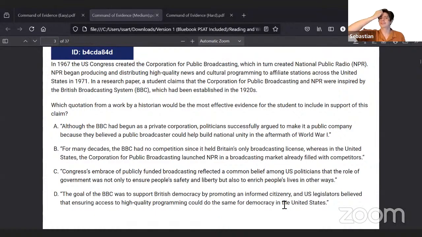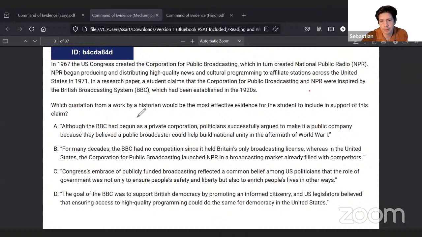In 1967, the US Congress created the Corporation for Public Broadcasting, which in turn created National Public Radio. NPR began producing and distributing high-quality news and cultural programming to affiliate stations across the United States in 1971. In a research paper, a student claims that the Corporation for Public Broadcasting and NPR were inspired by the British broadcasting system, which had been established in the 1920s, right? BBC, we know that, the BBC miniseries and PBS documentaries, Ken Burns, things like that. So